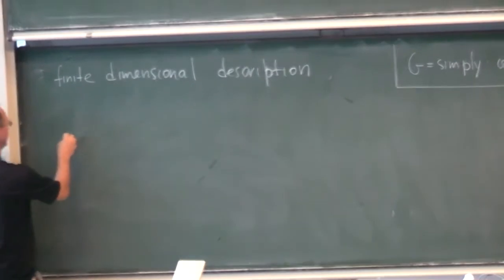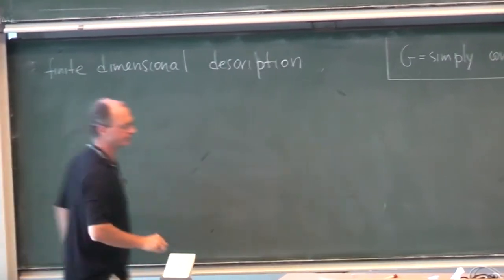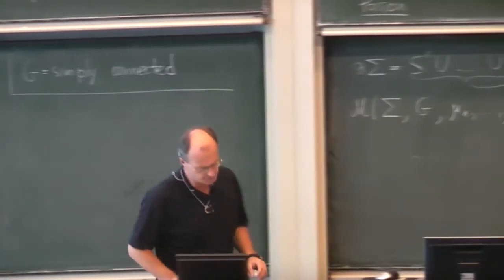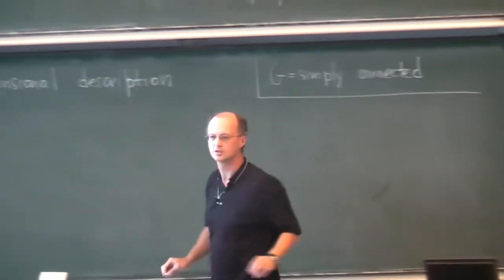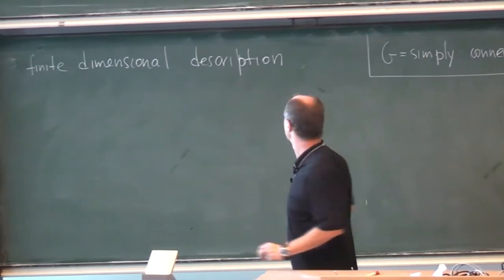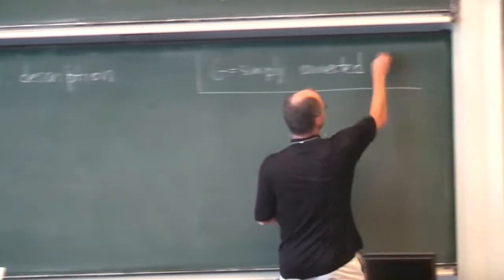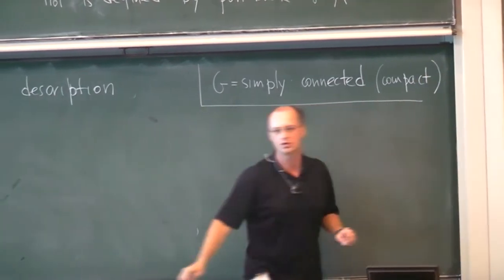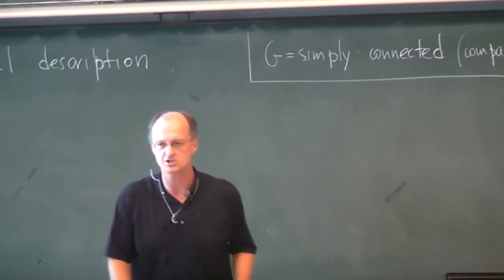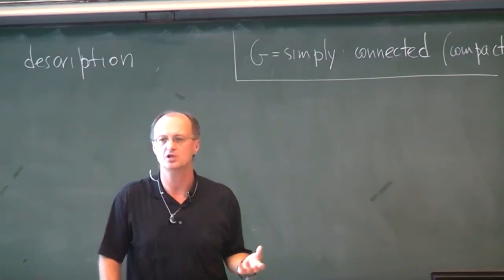Okay. So then, perhaps let me start with the situation. Is G also still compact? Yeah, let's assume for simplicity that it is compact, even though some of the formal constructions certainly work in the